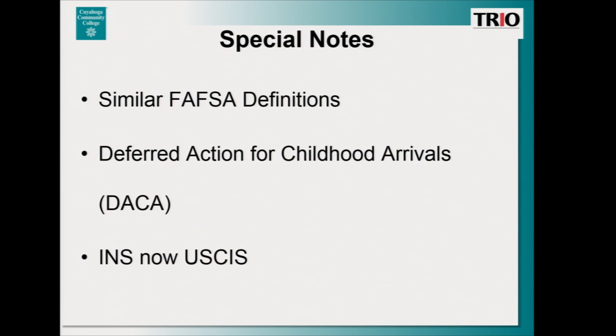Also, there was part of the last section that indicated that an individual must provide evidence from the Immigration and Naturalization Service. This United States INS was previously an agency under the Department of Justice. However, in 2003, many of its functions were transferred over to the USCIS, or U.S. Citizenship and Immigration Services, within the Department of Homeland Security.